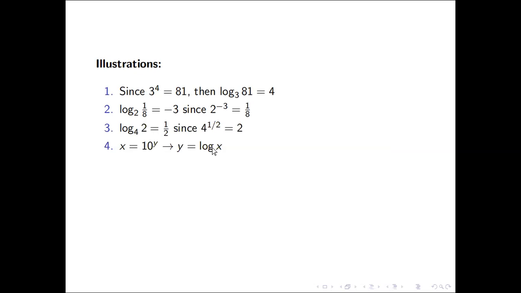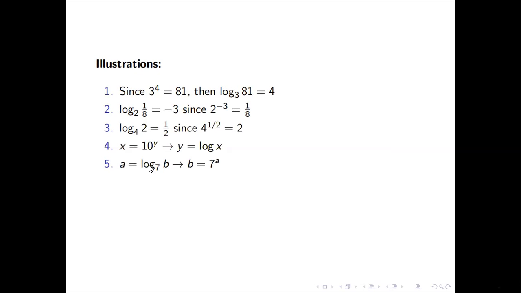Later, we'll have the natural base, which is e, or the natural number. And then y, the exponent now, will be the result. Here, x is the result because this is an exponential. But since this is now logarithmic, y is now the result. So x, the previous result, will now be your input number. And again, we can verify that. Imagine the number 10 here. Raise it to y, you should get x.